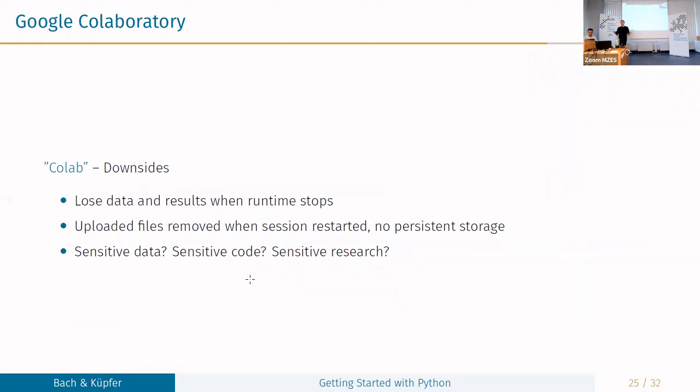Okay. Some of the downsides, I already mentioned that: sensitive data, sensitive code. Probably if you're doing data analysis, sensitive code is less of an issue, but this is more for people who develop programs, and stuff that is maybe patented, something like that.